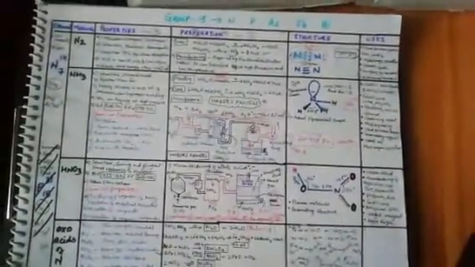Once again I am telling you, the best way to study these general properties, preparation, structure and uses of these molecules is to draw a common table like this and compare their properties, preparation, structure and uses with each other. In this way you can remember them and keep them in your mind for a long time. Okay, now it's your wish. You can read one by one also. First complete N2, then NH3, then HNO3, or you can first complete the properties of each, then preparation of each, then structure of each.